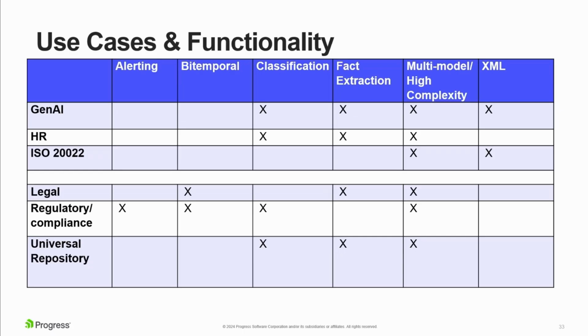If you need multi-model data, which is everybody, then we're a good fit almost by definition. But then we have all these other use cases, like the ability to classify documents or do fact extraction, and alerting can be really important, and the ability to look back in time. Most people don't care about it. It does have the drawback that it makes the database bigger because you're never deleting anything. But in some cases, it's really mission critical and you absolutely need it.